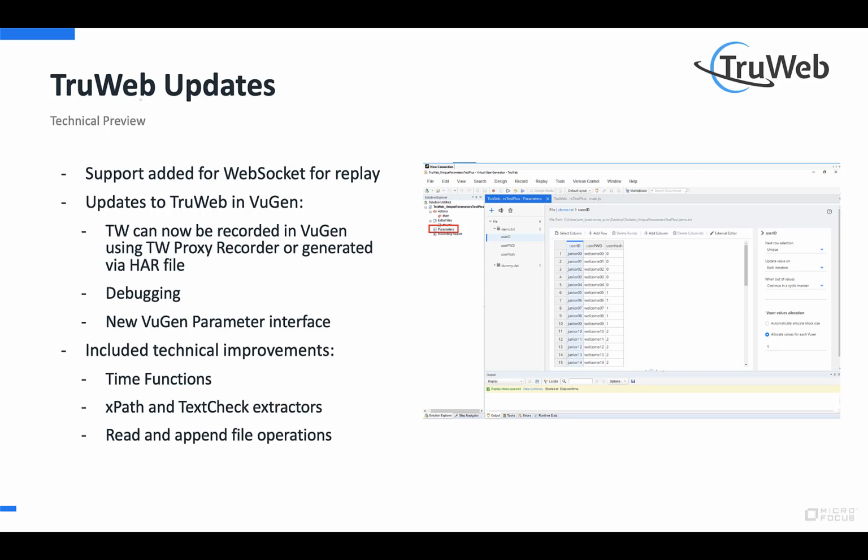We did do some additional capabilities to TrueWeb within ViewGen, within Virtual User Generator. First on that list was being able to record a TrueWeb script in ViewGen, either using the TrueWeb proxy recorder, which you can grab from our ADM marketplace, or using a generated HAR file. You can actually record your business flow using Fiddler, and then take that Fiddler generated HAR file and convert it into a TrueWeb script. So this was a really fun and really exciting feature that we added in regards to TrueWeb